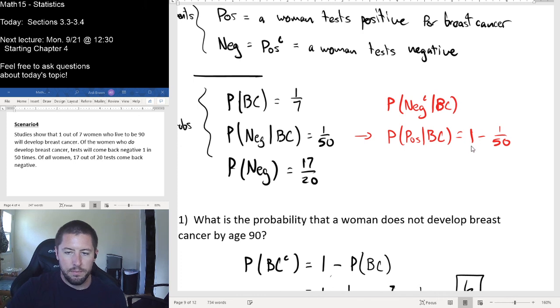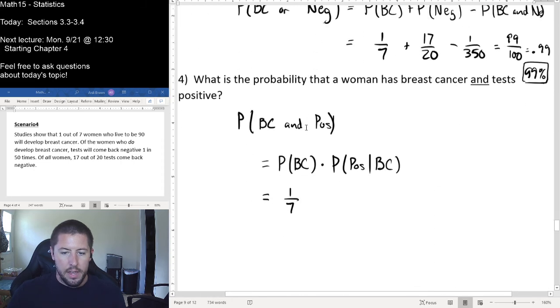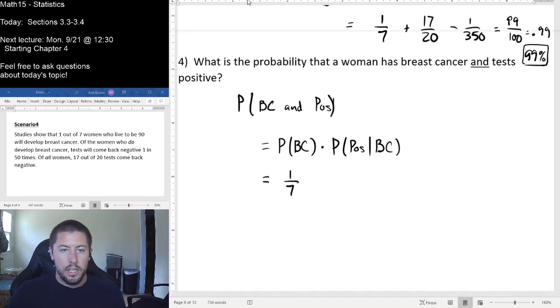It's the other part. And that should be 1 minus 1 over 50, which, doing a little fraction math, 50 over 50 minus 1 over 50. It looks like it should be 49 out of 50 people do get a positive test if they do have breast cancer there. So what I'm going to write this guy as down here then, using our information from above, I can write this guy as